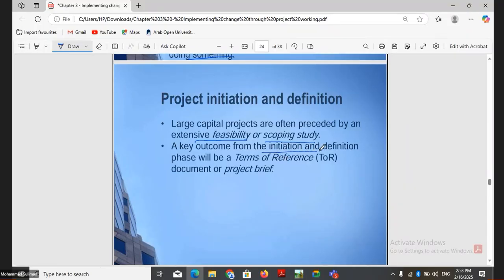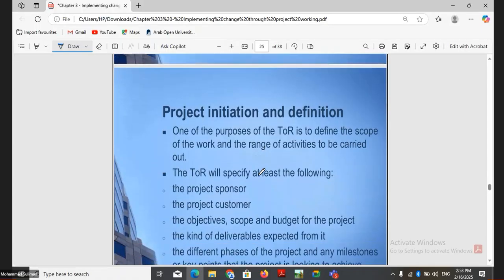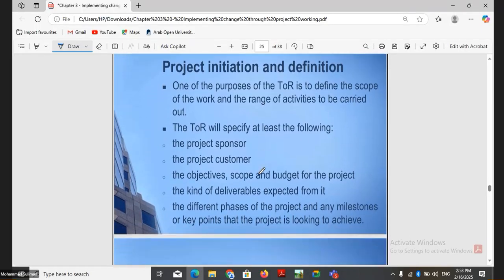A key outcome of initiation and definition is a terms of reference document, TOR, which is a project brief. What will this document have? The purpose of this document is to define the scope of the work and the range of activities to be carried out. So this terms of reference document will have the project objectives, the scope of work to be done, and the range of activities that will be carried out